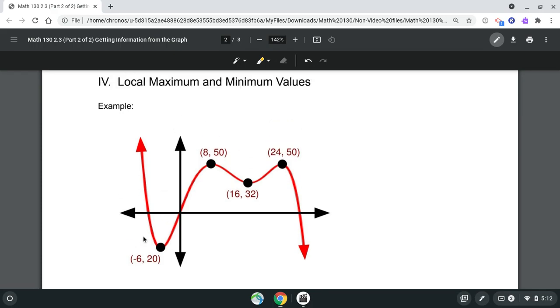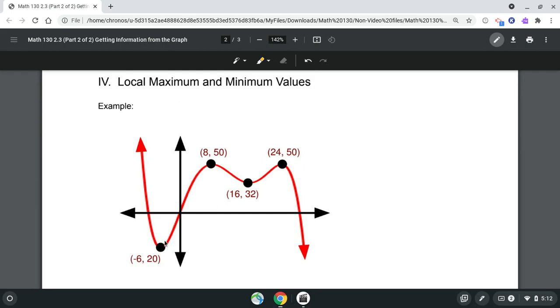And so here we can see that we hit this low point, right? So in our graph, we hit this low point, and then we go up, and then we hit this sort of peak, this high point, and then we drop again, and we hit this low point, and then we hit this high point, and we come back around, right? Okay, so these are our local maximums and minimums. So these high points are our local maximums,